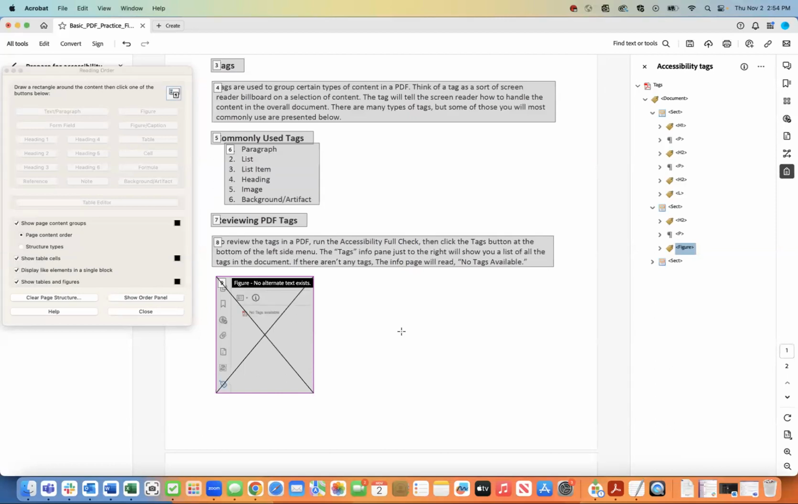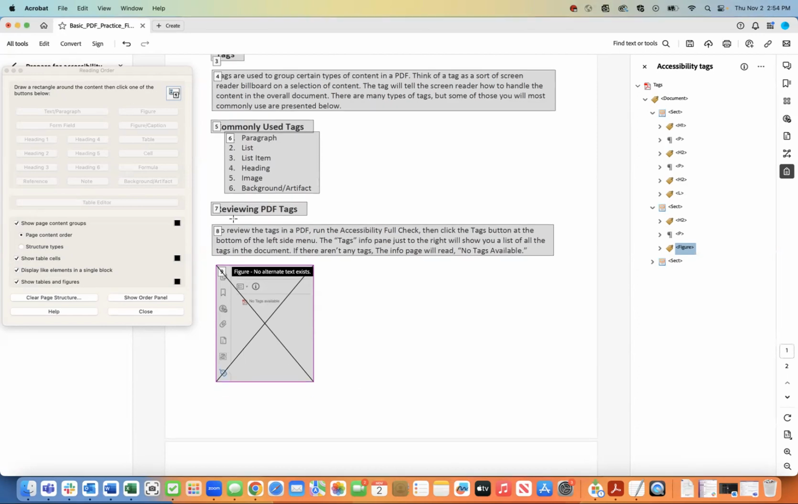If it is an image that is just purely decorative and isn't really necessary to relate any information to the document, you can always set it as a background artifact as well. In this case, the content above is what we're going to use to judge how we want to handle alt texting this. To review the tags in the PDF, run the accessibility full check, then click the tags button at